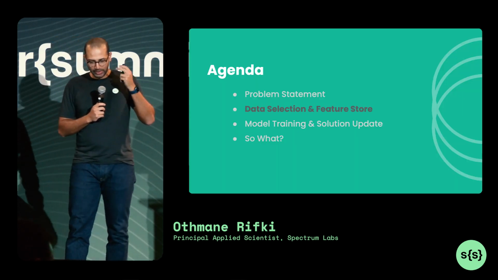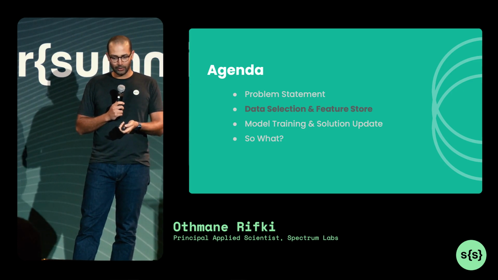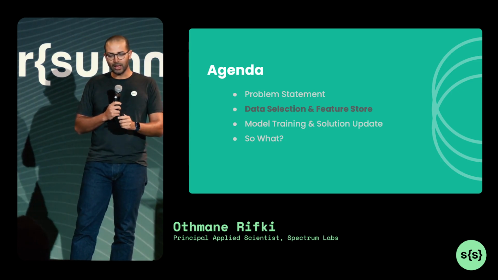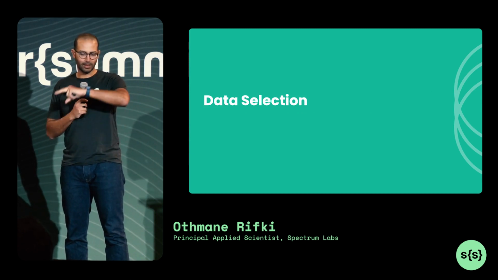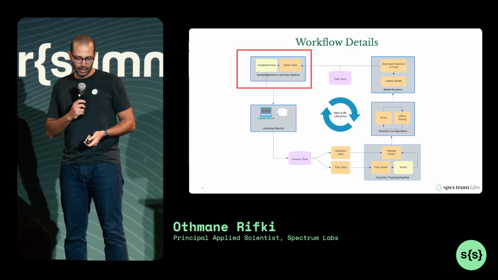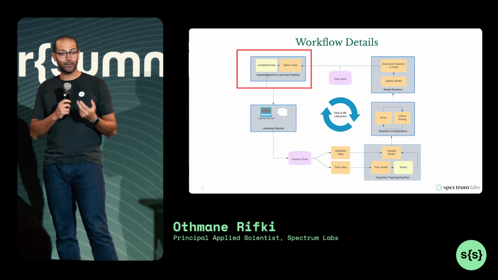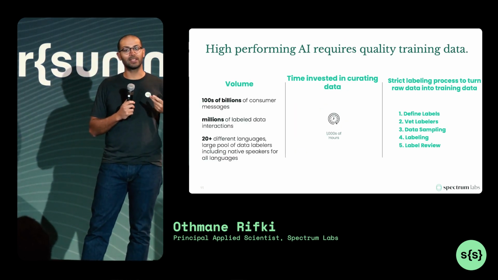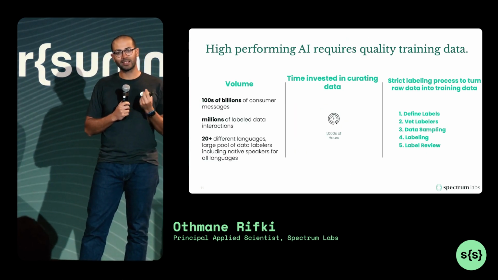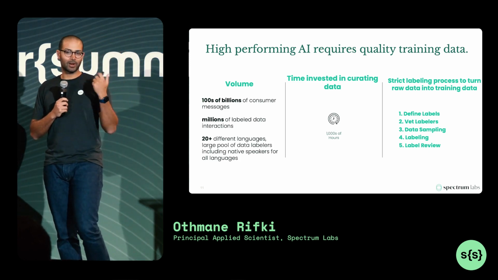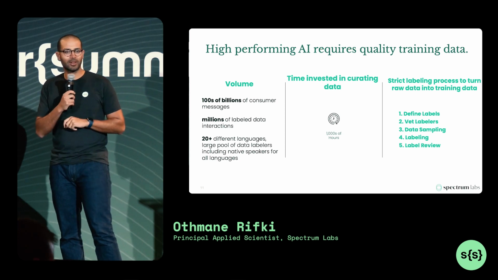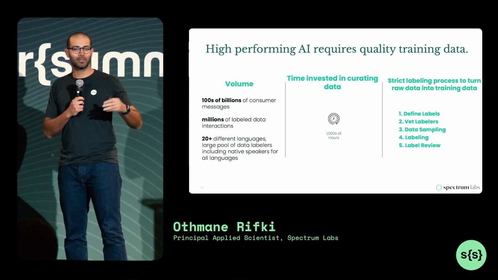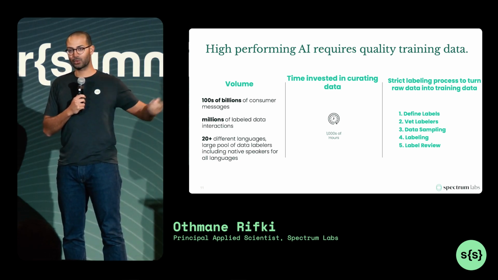So let's talk about data selection. That's the first step: you have data sitting in the data vault, and you want to sample from it. Generally for good AI solutions, you really need high volumes of data that are of good quality. And for us at Spectrum, we process about 500 million records a day. So this is hundreds of billions of records that we have stored in our